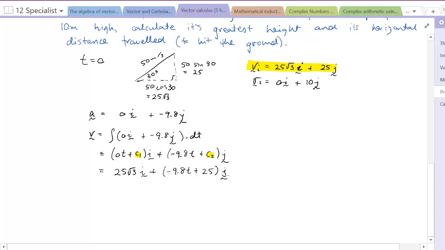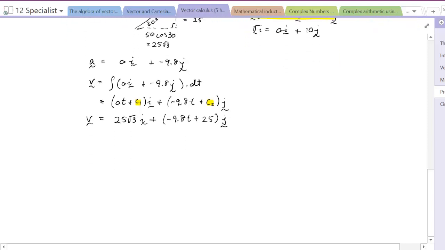So we've got our acceleration and our velocity vectors. Now we can find our displacement vector. So displacement will be the integral of velocity, which is 25 root 3 in the i direction and negative 9.8t plus 25 in the j direction, with respect to t. So that gives us